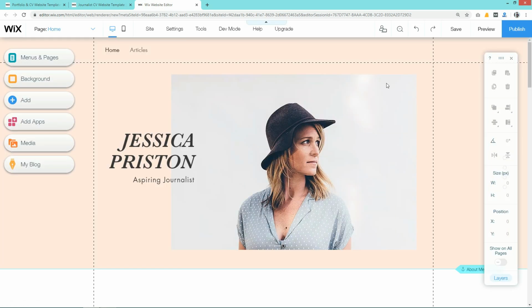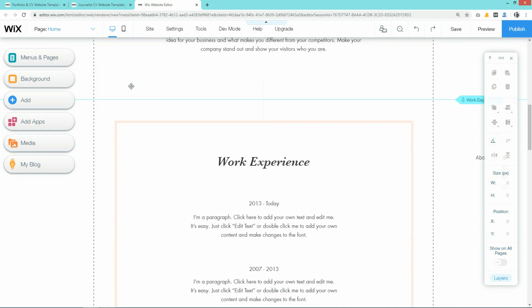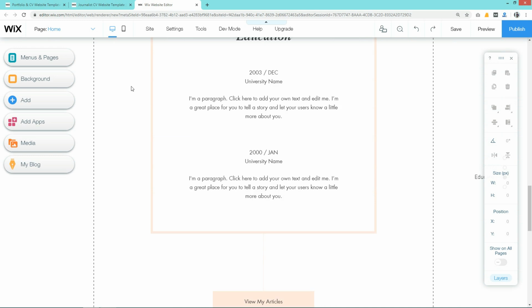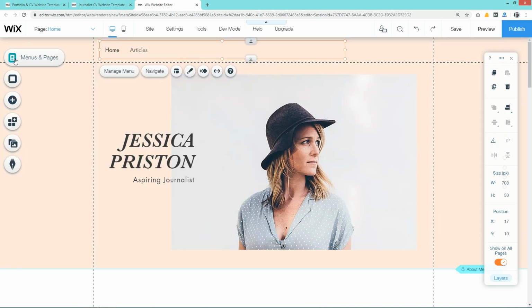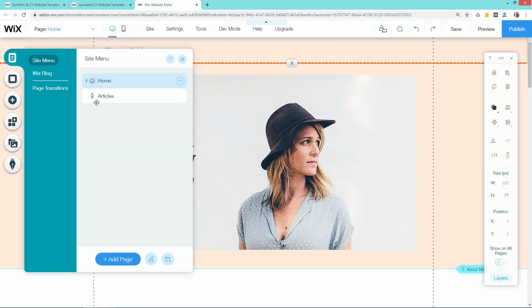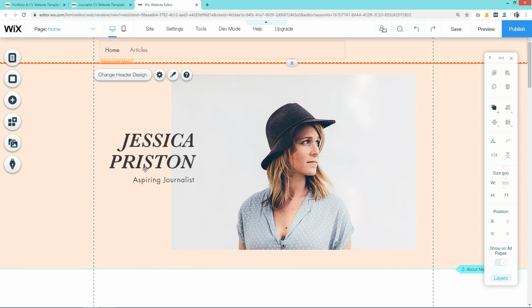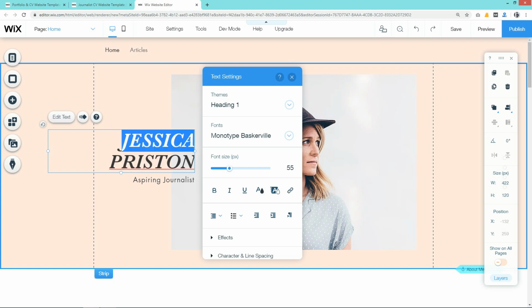Here you can edit your complete website according to your requirement. If I scroll here, you can see these are different layouts. If you want to edit this header, click here. And you can also use this icon. And here you can add any new menu and you can also add a new page that I will teach you later. Here you can see there are some text. So if you want to edit this text, click here. Replace these text. So I will write my own text here.